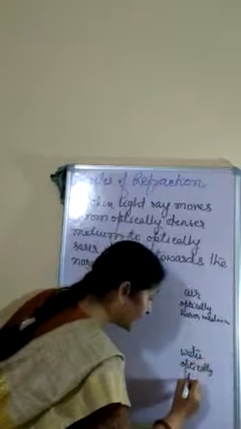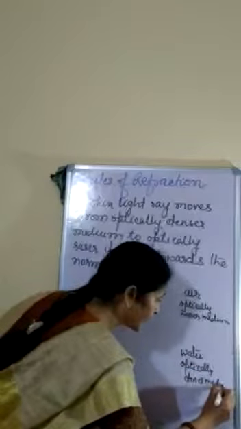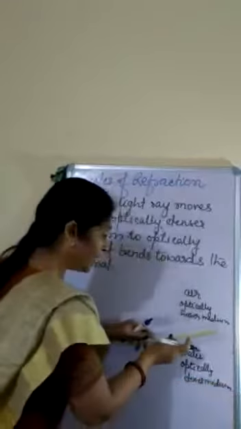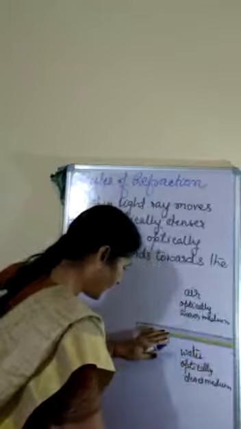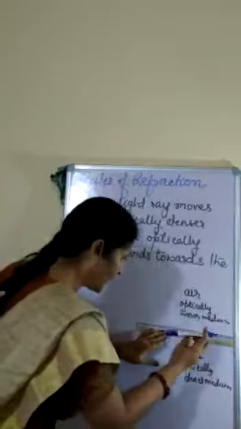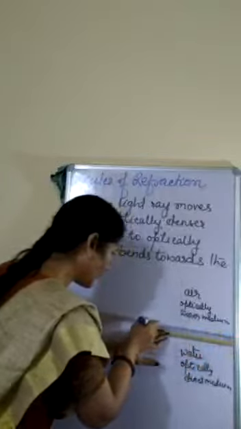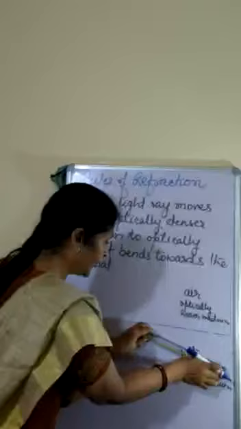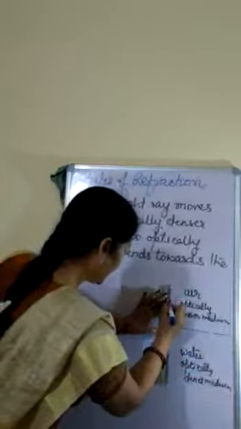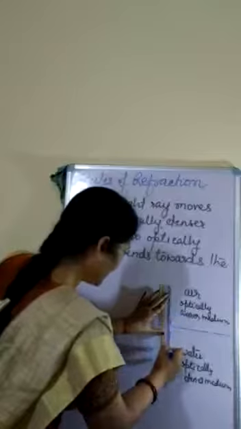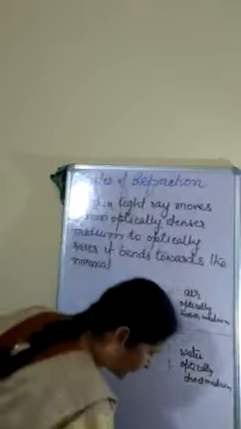If simply denser is written, means optically denser. And we will draw a line which will separate these two mediums, and a perpendicular should be drawn here. This is the perpendicular to the separation of two medium,